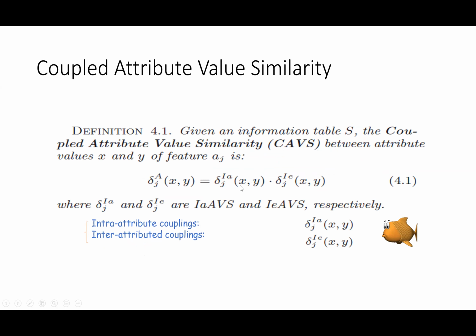It's called intra-attribute coupling and inter-attribute coupling. Put another way, the intra-attribute similarity or dissimilarity, and the inter-attribute similarity or dissimilarity, and then you combine them together. That forms the similarity between two values x and y for the given attribute j,